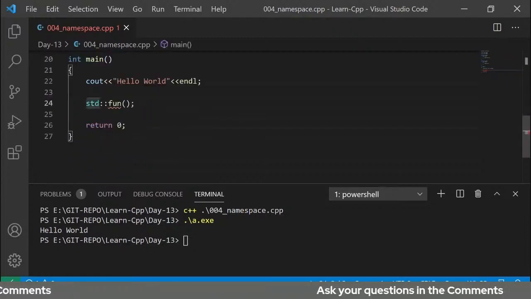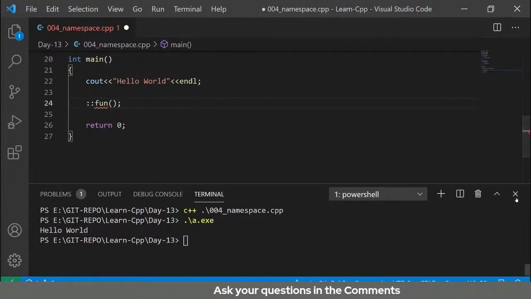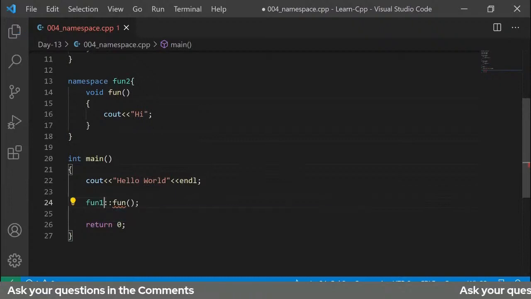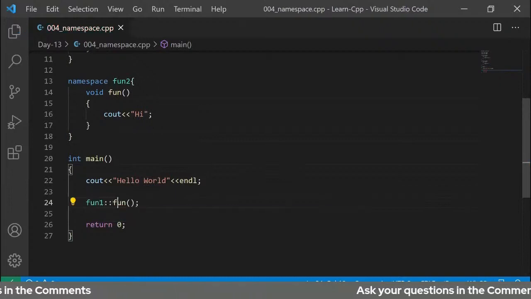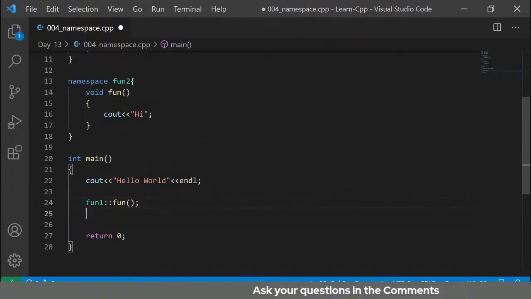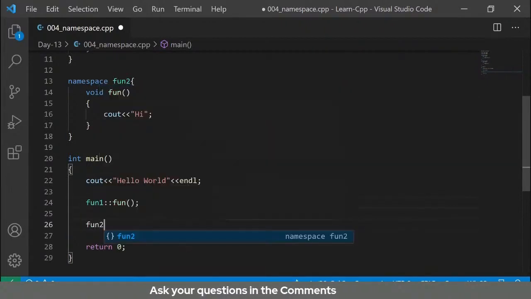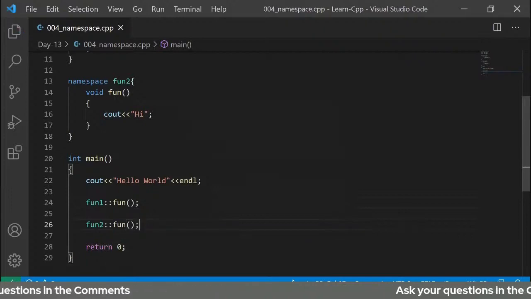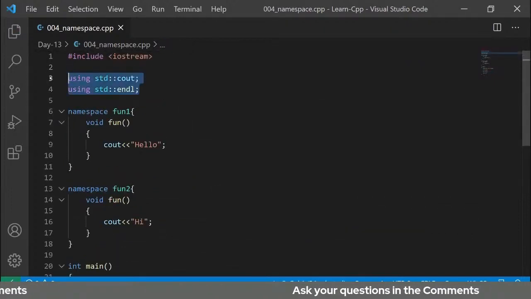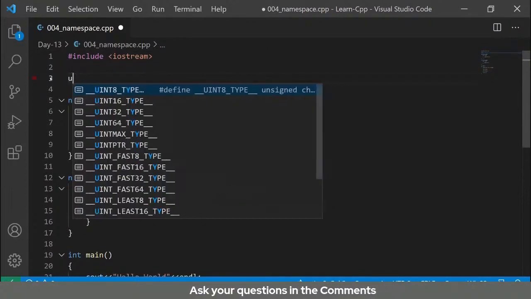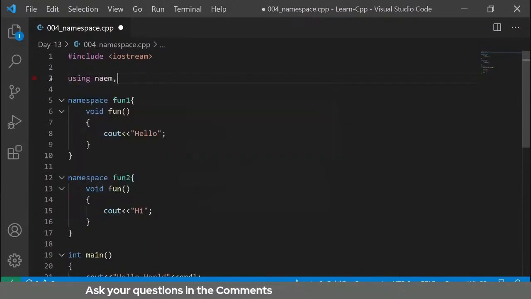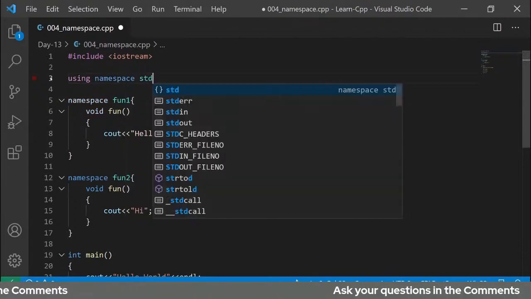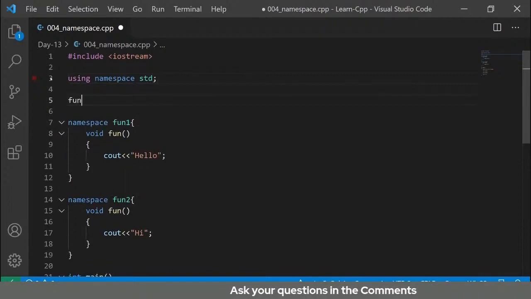अब मेरे को फन कॉल करना है फ्रॉम नेमस्पेस 1. सो व्हाट आई विल डू, आई विल राइट fun1 एंड आई विल कॉल द फन. तो जब मैं fun1 का फन कॉल करूंगा तो hello विल बी प्रिंटेड एंड व्हेन आई एम कॉलिंग fun2 एंड फन, so hi will be printed. अब अगर मेरे को एक सिंपल उसमें भी डिफाइन करना है, लेट मी रिमूव दीज एंड आई यूजिंग std. और एक और मैंने फन डिफाइन कर दिया, फन